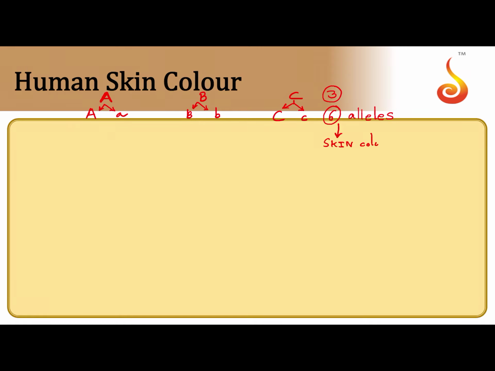Now see very carefully how exactly the skin color is influenced here. Again, it depends on the dosage, because this is also an example for quantitative inheritance. Quantitative means the number of dominant and recessives is what determines the color of the skin. Now let me give you the first example. Imagine there is a person born with a genotype of all capital alleles. Remember, he has 3 genes existing in 6 allelic forms in his genome. Now notice this first case, all of them are dominant.